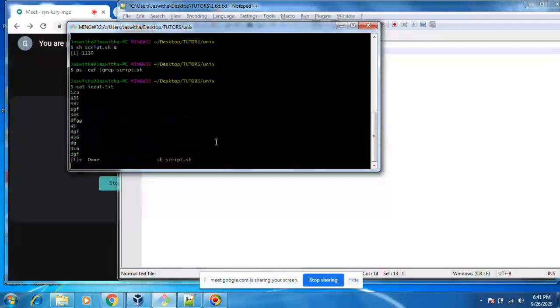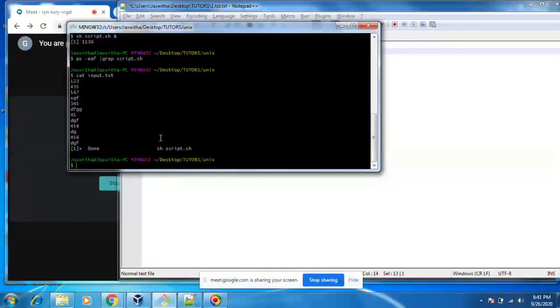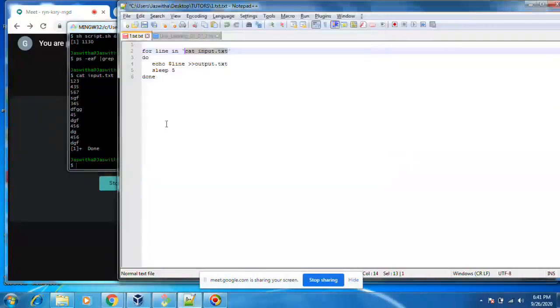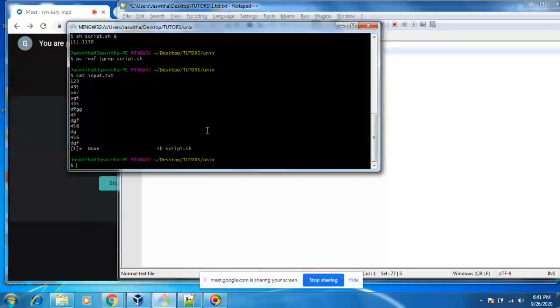This is the input.txt file. I'm just running the script. It is running in the background. Let's see tail -f output.txt.